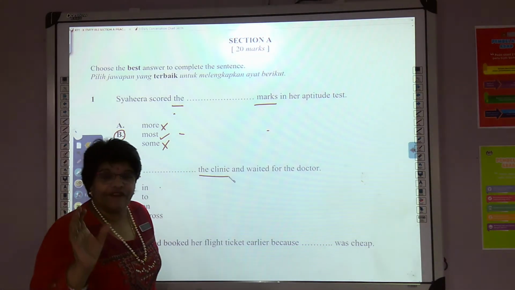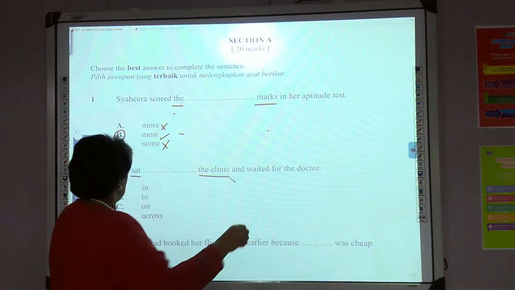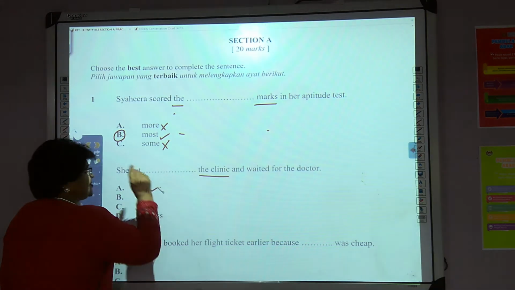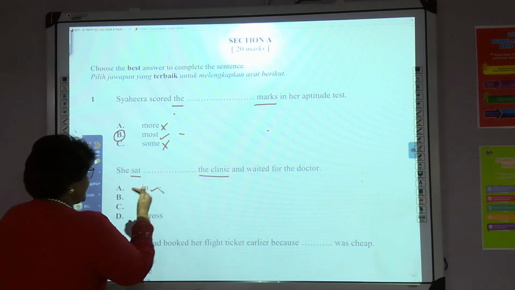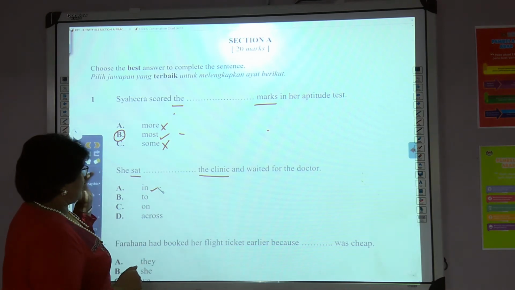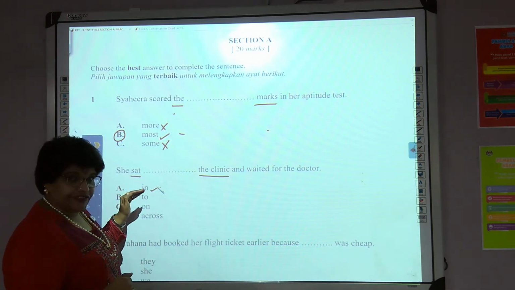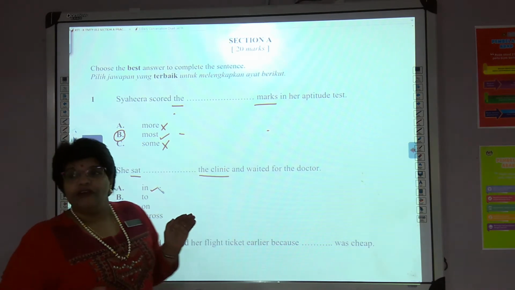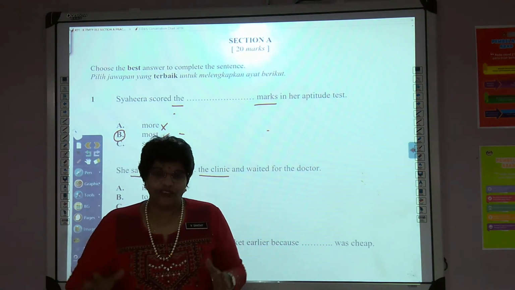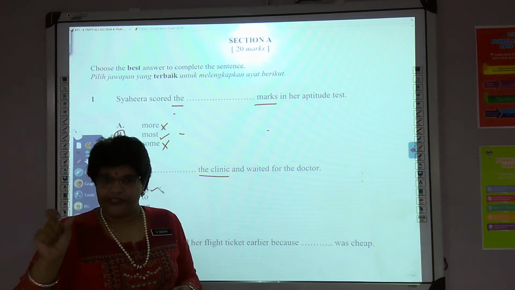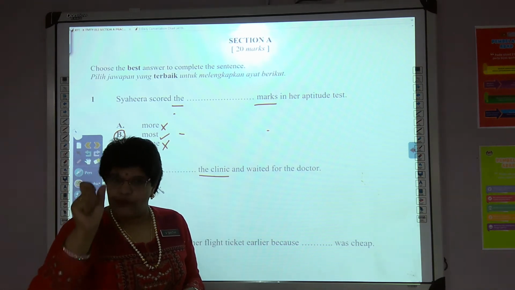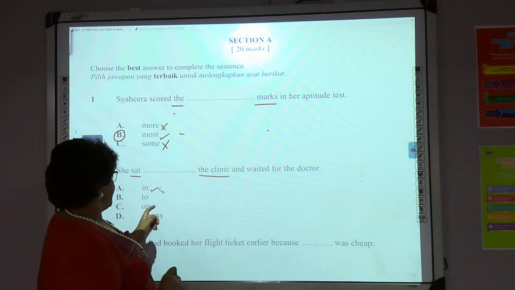Definitely you will say that's the answer. So you just put a tick first. This answer is acceptable. You put a tick. Then you look at the next one. It doesn't mean you already got the answer. You think it is the correct answer, and then you don't read the other choices. That is wrong. You have to read every choice given there, and then you decide which is the correct one. So next will be 2.